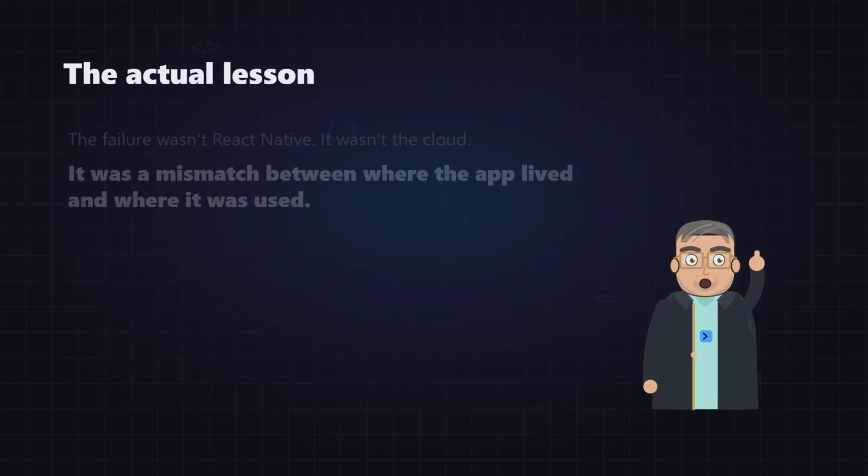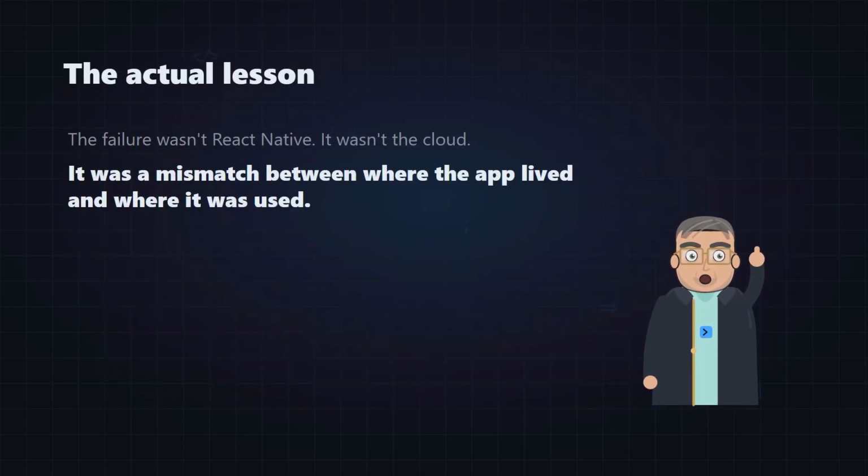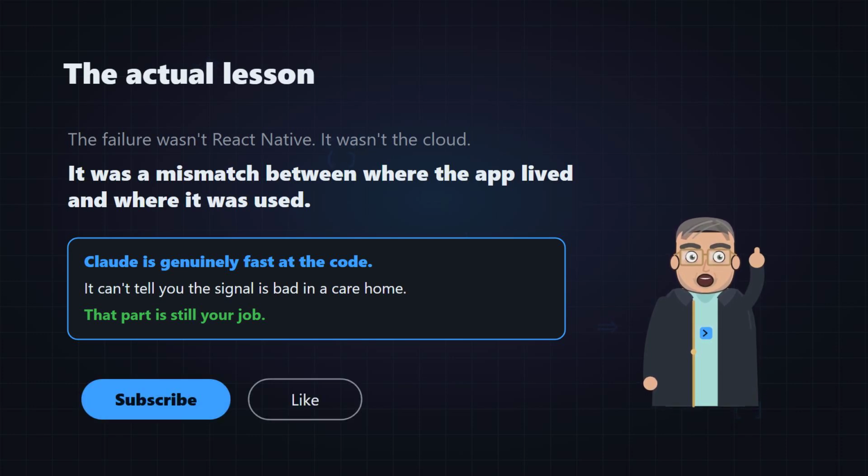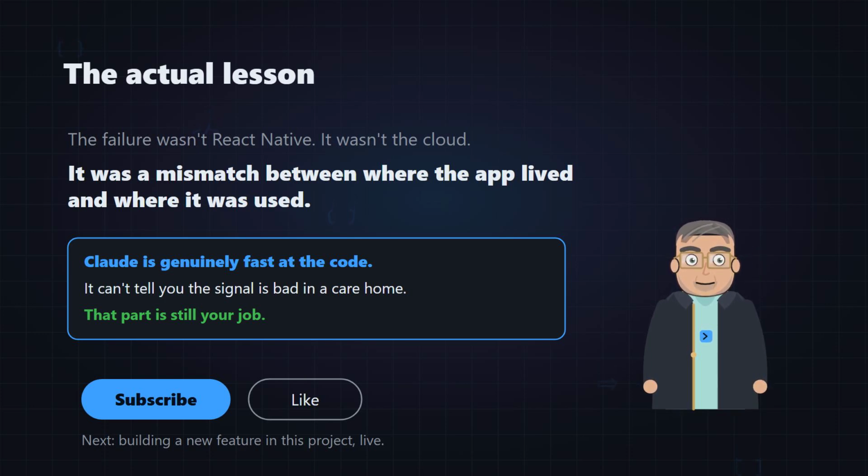So what is the actual lesson here? The failure was not React Native, and it was not the cloud. The failure was a mismatch between where the app lived and where it was used. Version 2 is not cleverer than version 1. It is just honest about the room it has to work in. Claude is genuinely fast at writing the code. It cannot tell you that the signal is bad in a care home. That part is still your job, and it is the part that decides